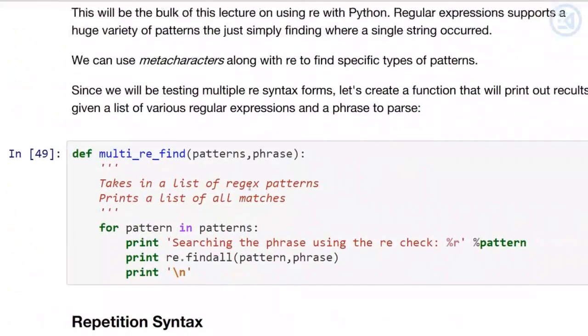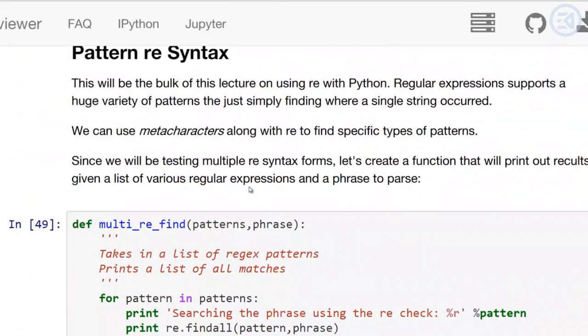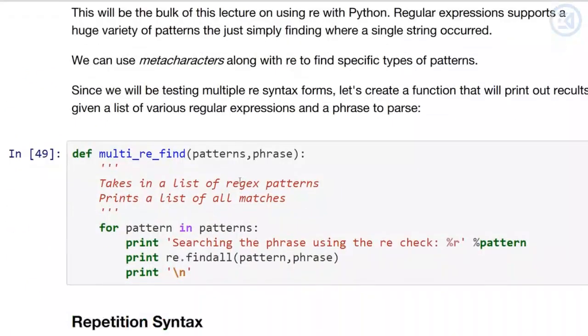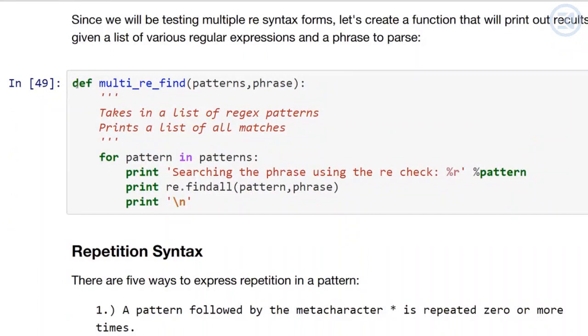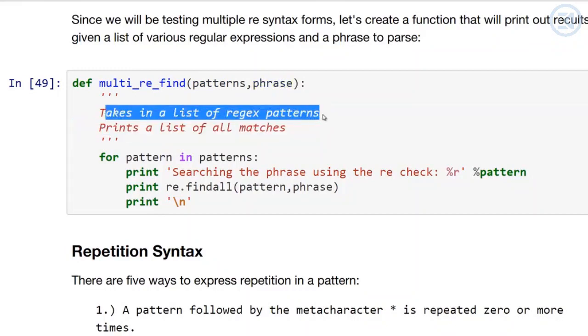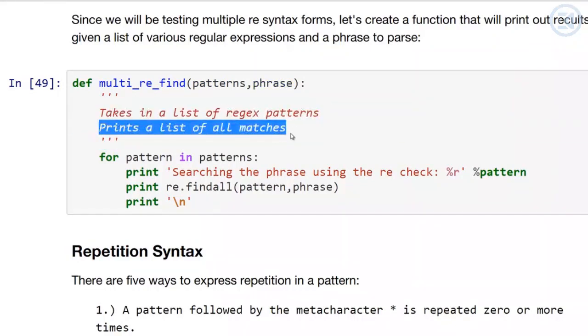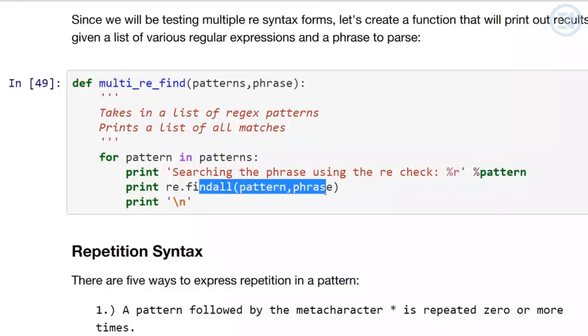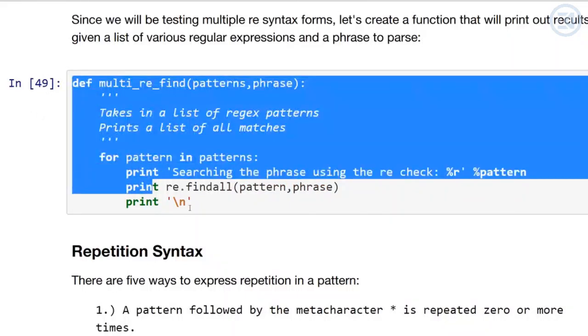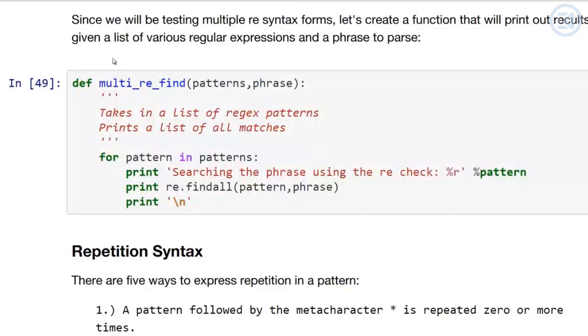Here we go. So finding patterns and this syntax, what does this actually look like? So before we began, as far as going through the different syntax, I created this function here, and it's called multi_re_find, and it takes in patterns and then a phrase. So it takes in a list of these regular expression patterns and prints a list of all matches. So it goes for pattern in patterns, print, searching the phrase using re.findall, pattern. Okay, so I'm going to go ahead and copy this function. You can go ahead and copy it as well